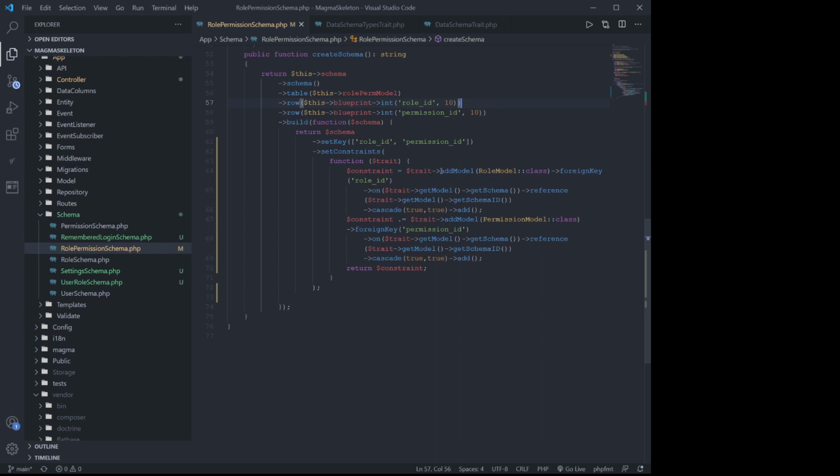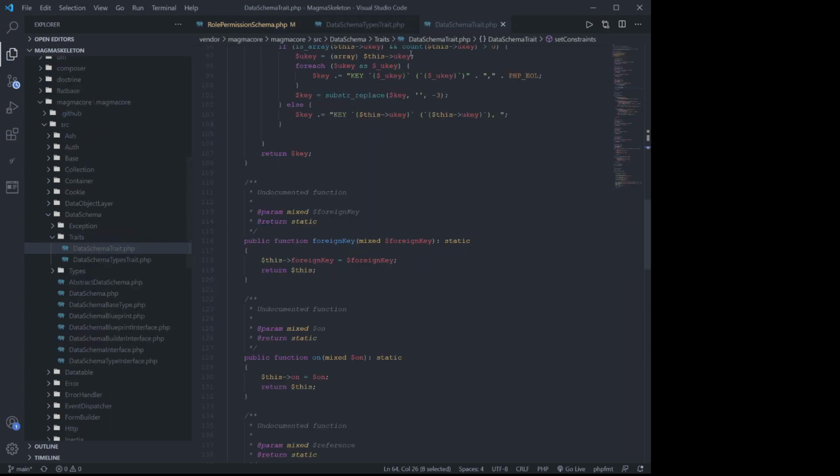And you can see the first method that we use is the add model, and this takes one argument, which is the qualified namespace, or the qualified name for the model that we want to actually link to, and we'll pass it in just like this: role model class, and then we call on our foreign key on, which is going to get the model, which is going to use this actual argument that we pass into this add model, which is what I'm going to show you what it's doing. Add model,